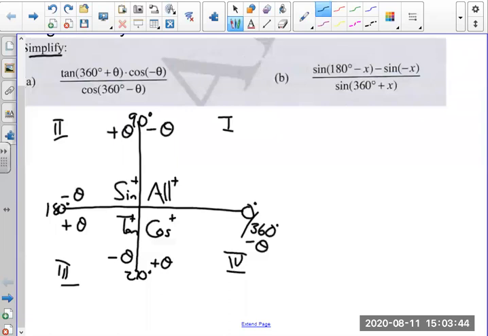So if you get reductions that you must do, like the examples that I'm going to do today, make sure that this set of axes is on your page where you can see it, because you're going to use it all the time. Okay, so if I do number A now,